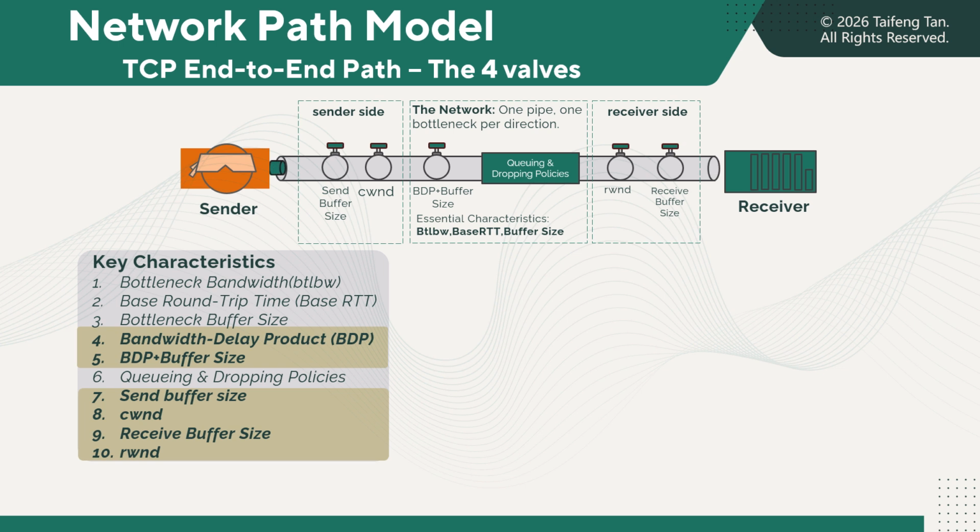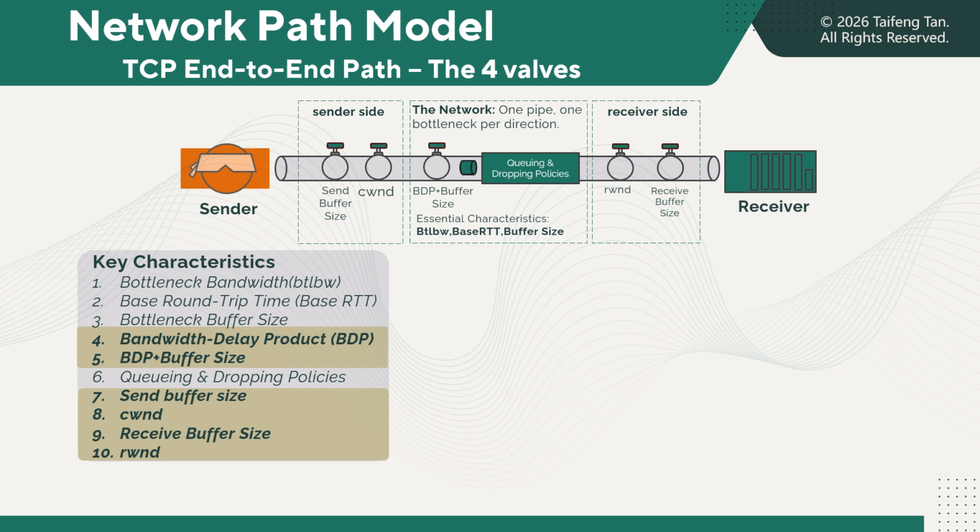The second factor is the send buffer size. This is the amount of data the sender is willing to buffer. Even if the algorithm allows a large CWND, the sender can't transmit more data than it actually has buffered. Imagine CWND is 100 KB, but the send buffer is only 64 KB. In this case, the sender simply doesn't have enough data to utilize the full window. So while the send buffer doesn't determine CWND, it can limit how much data is actually in flight. It's an invisible but very real limit you should never ignore in Wireshark.